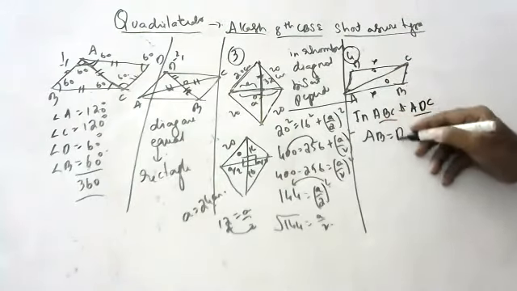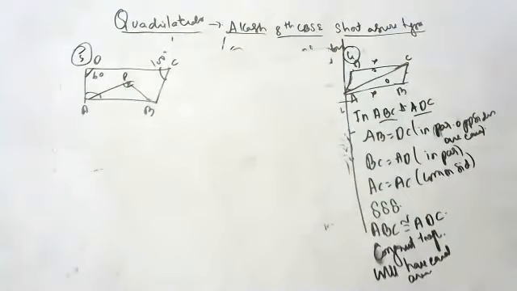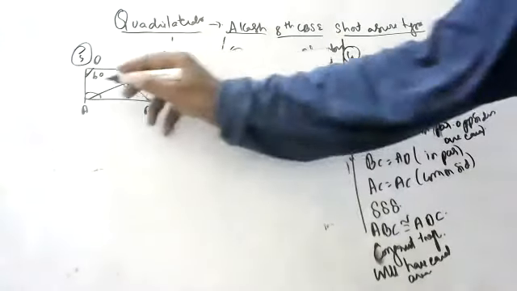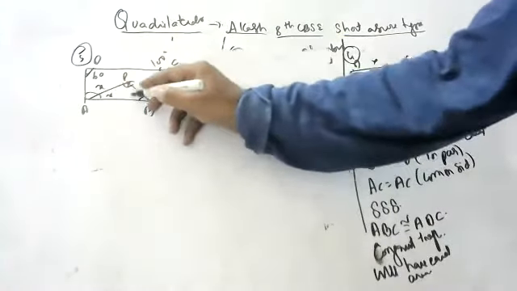The bisectors of angles A and B meet here. This is ABCD; angle C is 60 and angle D is 100 degrees. Find the angle at the meeting point, which he is asking. He is saying bisector, and bisector means it divides the angle into two equal angles.